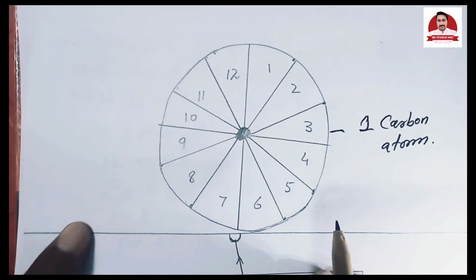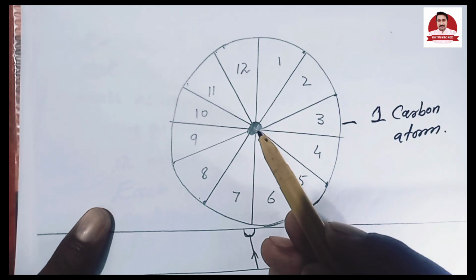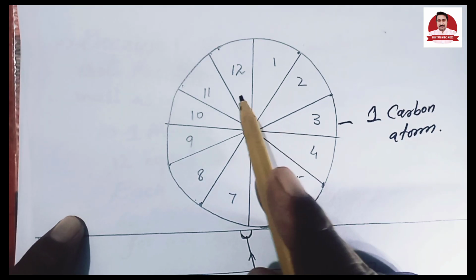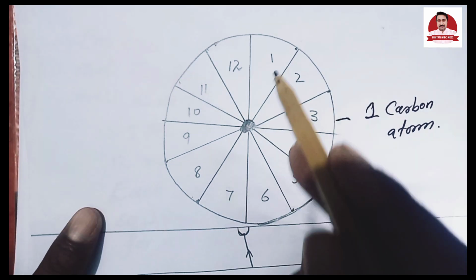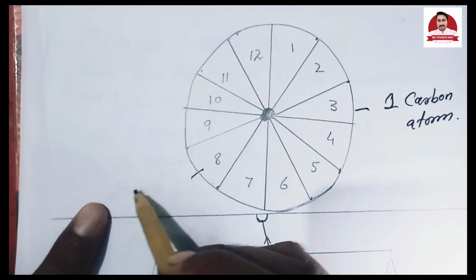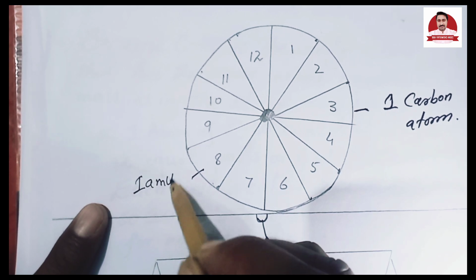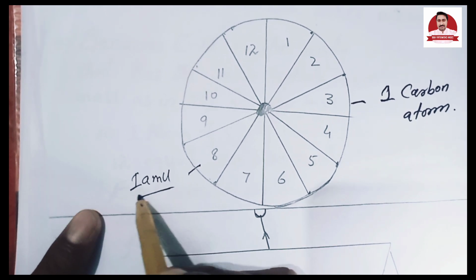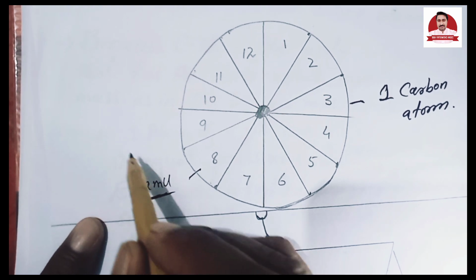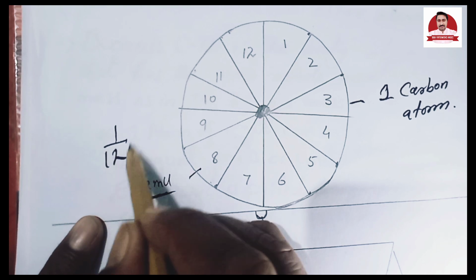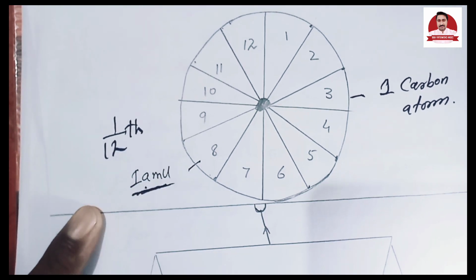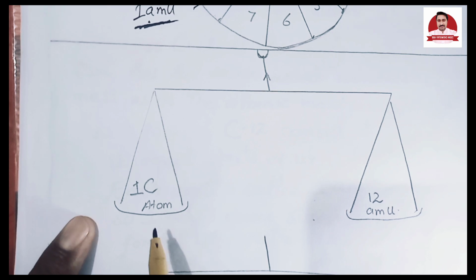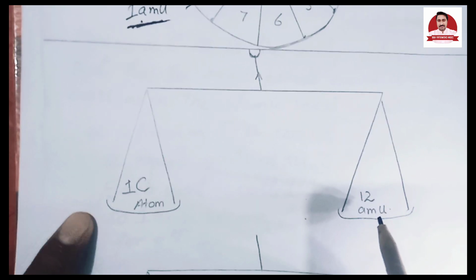And we split up this carbon atom into 12 equal parts, and these 12 equal parts are equal to each other, and each part is called 1 AMU. In other words, 1 AMU is 1/12th part of a carbon atom. So when we compare one atom of carbon with its parts,